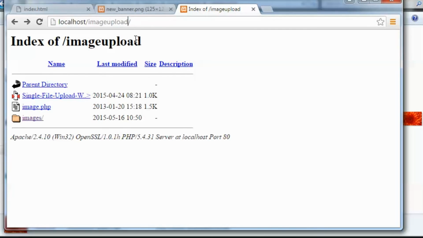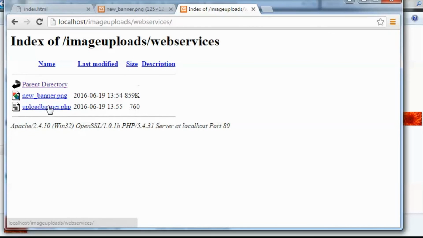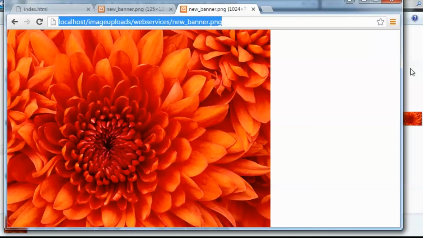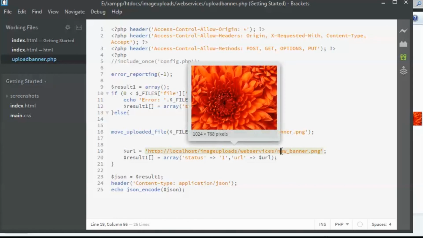So see, there's a spelling mistake. We go to image uploads, web service, and here we see newbanner.png. So there was a spelling mistake in the s. So let us go there and put in an s. So basically you can return the image URL also based on this. You just need to return the proper file name.